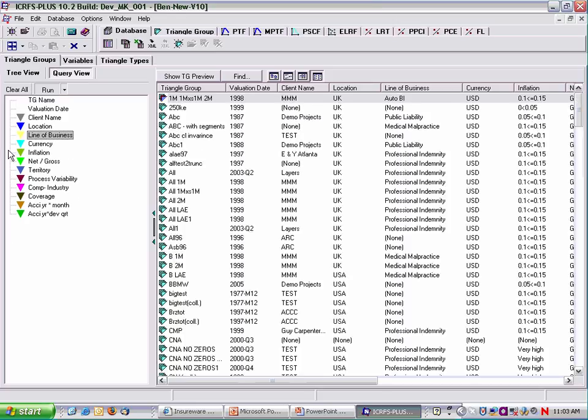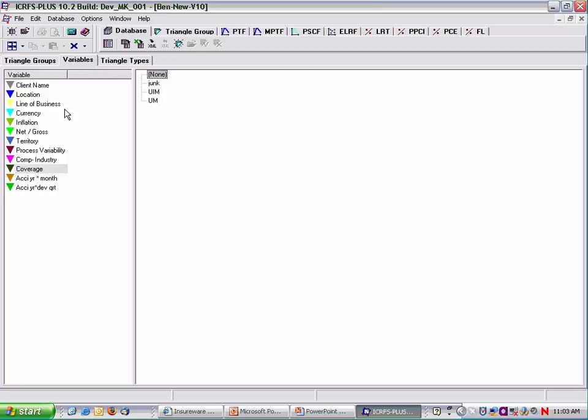You know, if you're a consultant, of course, one of your variables could be client name, another variable will be line of business, another variable could be currency. Whatever variable you like, you can create it, and then apply attribute values to the triangle. In fact, why don't we do that? Why don't we go to variables and add another variable? Let's call it,